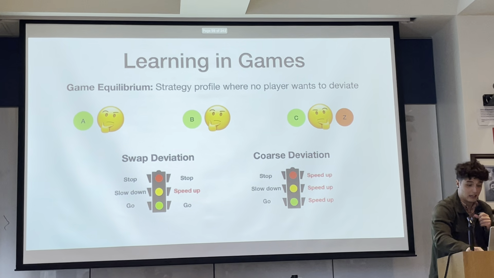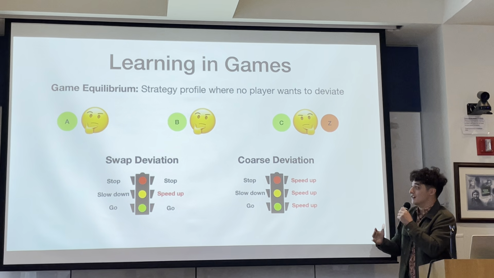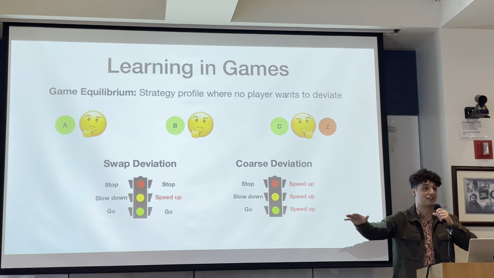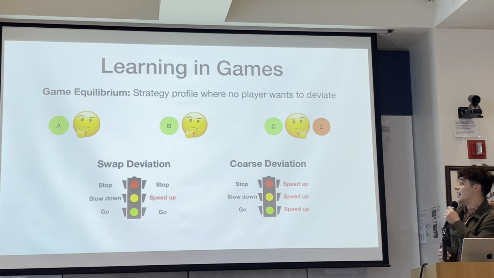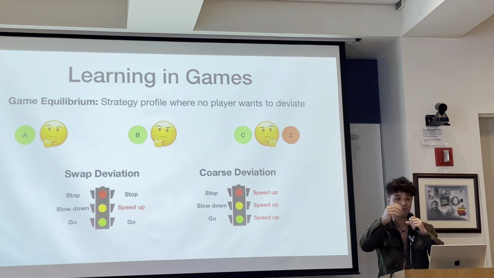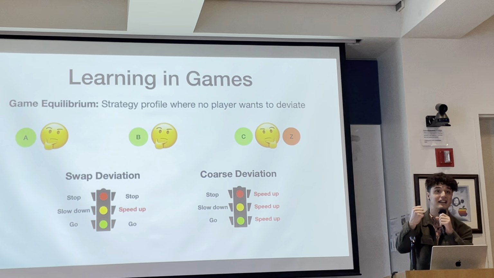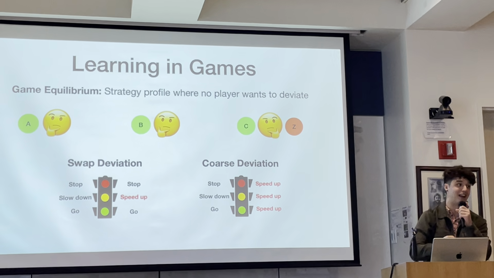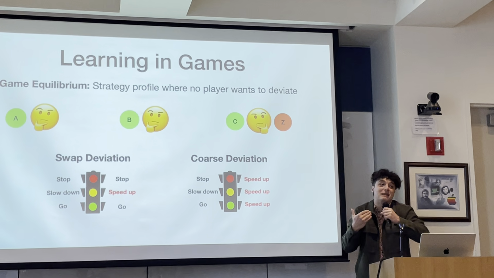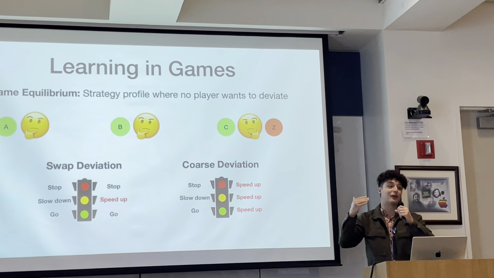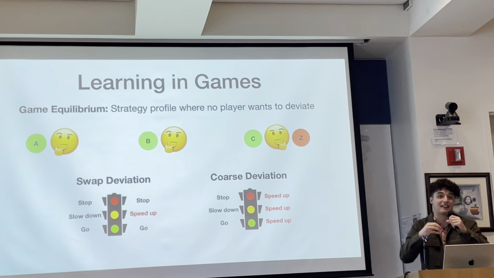It's possible that this wouldn't constitute a correlated equilibrium because someone might want to do this. On the other hand, a coarse deviation would have to be some guy who says, you know what, I don't even want to listen to this. I'm going to close my eyes and just blow through this intersection right now. So if you come to me and you're like, Max, great news, I set up a traffic light, we've got a really desirable coarse correlated equilibrium at this intersection, it's going to be great, all you've done is tell me that no one's going to want to just close their eyes and blast through this intersection, right? I've not been convinced that this is a point of stability.